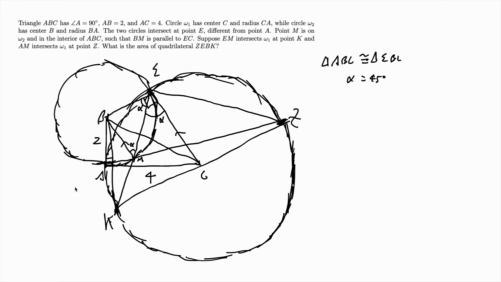So the one thing that I wanted to prove was that K, C, and Z are collinear. So the point C, the center of the circle, is actually on the segment KZ, meaning KZ is the diameter. And the reason why I wanted to prove that is because if we prove that, then I think we could find the area, because we can find the area of KEZ. So that was the first thing that came to my mind. So I wrote a lemma that KCZ are collinear,